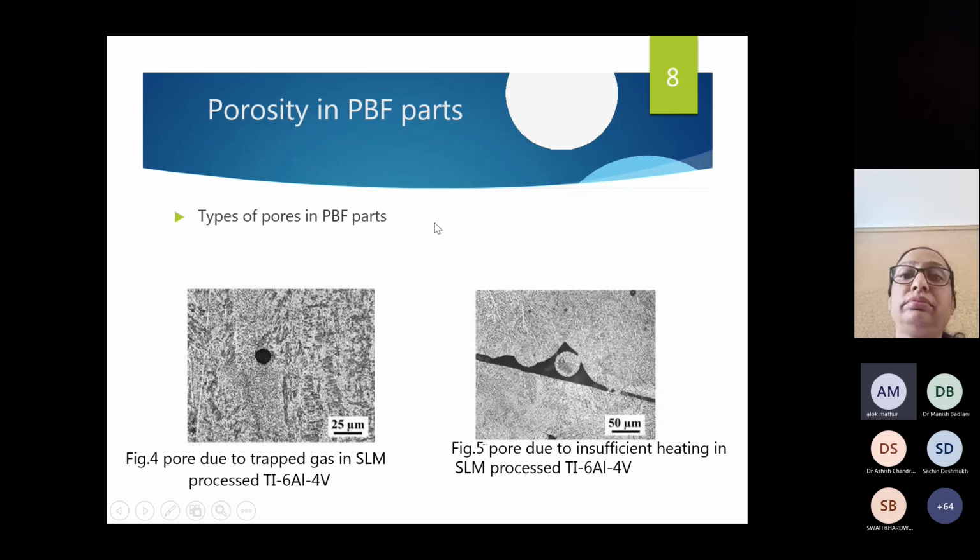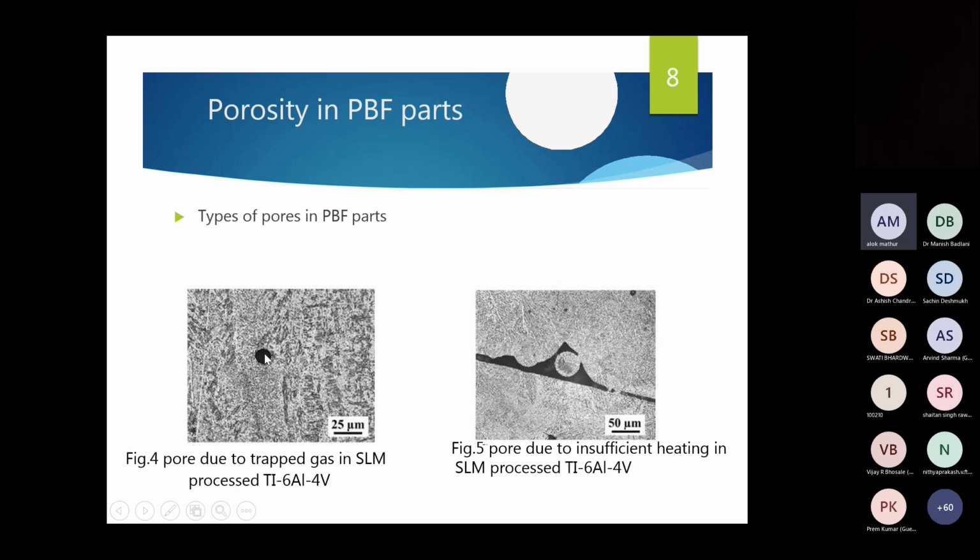Porosity in PBF parts. Yes, see, it is observed that some small porosity is there in parts made by this PBF method. These pores are not very big, but here a pore has a size of 25 microns, here 50 microns.